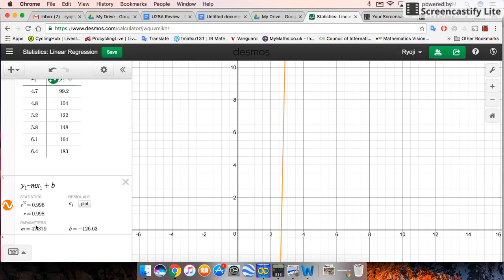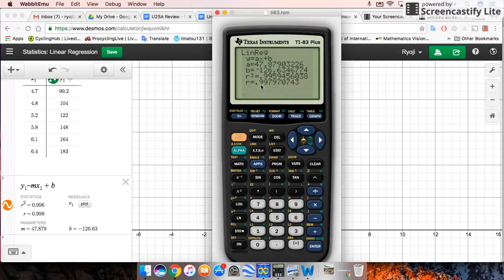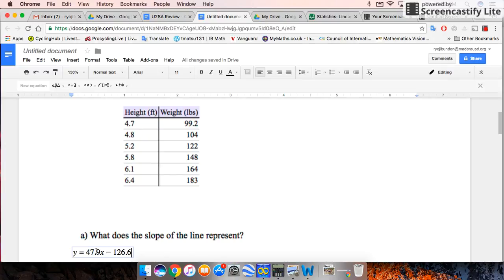So it gives you this box, which is really important because it gives you the correlation coefficient. In this case, the R value is 0.998. The graphing calculator also gives you the correlation coefficient, 0.998. And then it gives you the slope and the y-intercept: 47.9 and negative 126.63. So the slope is